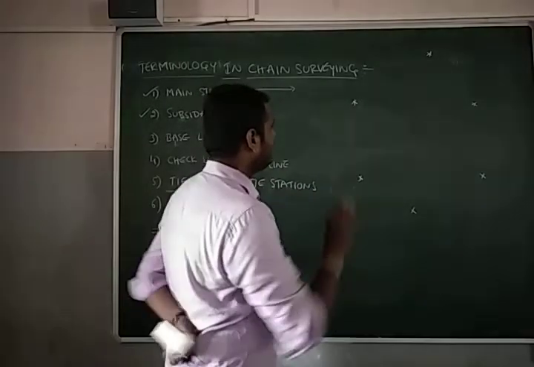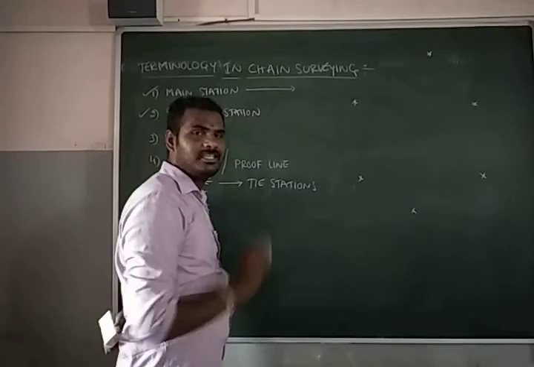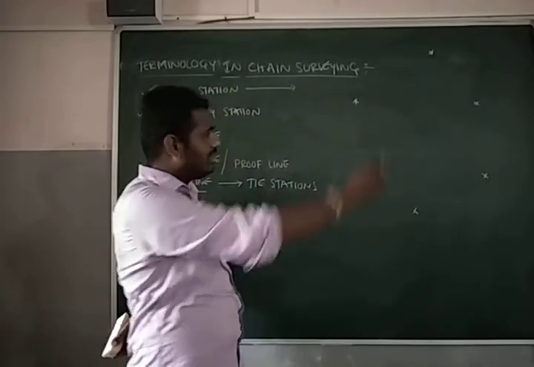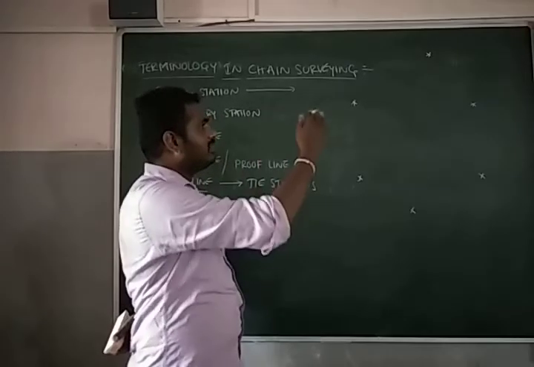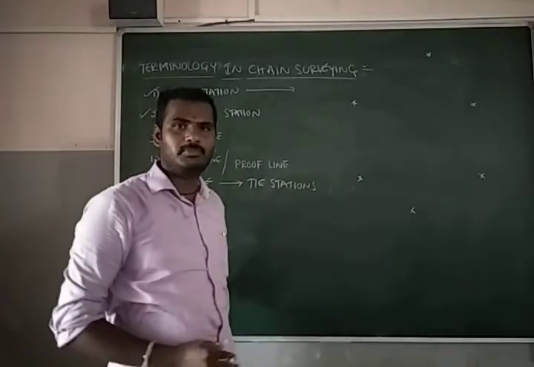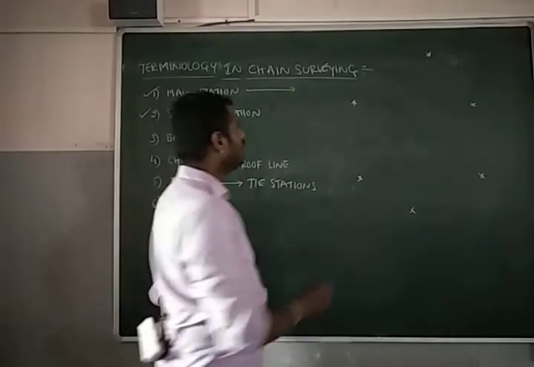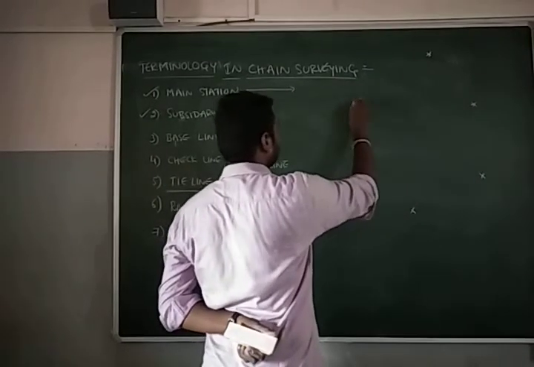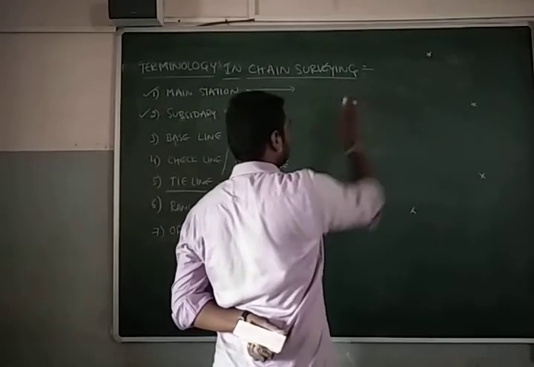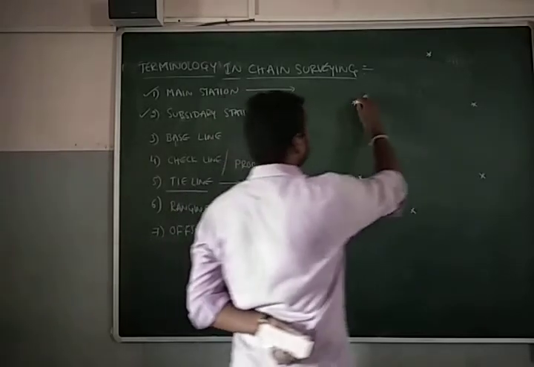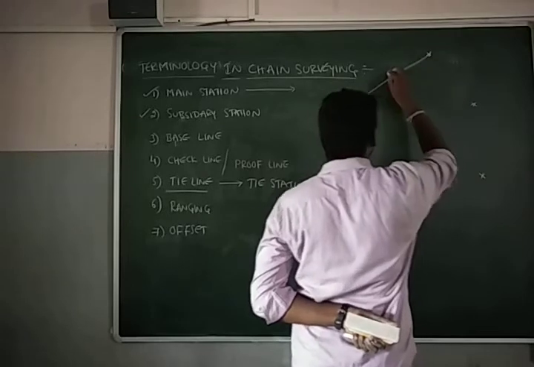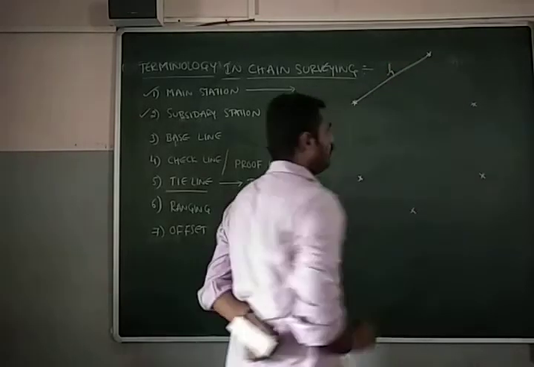In between them I have to calculate the area. Before going to calculate the area, we need to fix the boundaries like this, and then we need to measure the length between all these points. Now see here, I am starting somewhere over here. Let us consider this is the first point. I have measured the length between these 2 points. Let us consider that is L1.